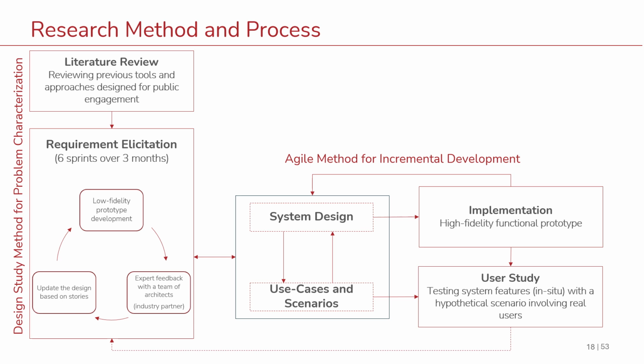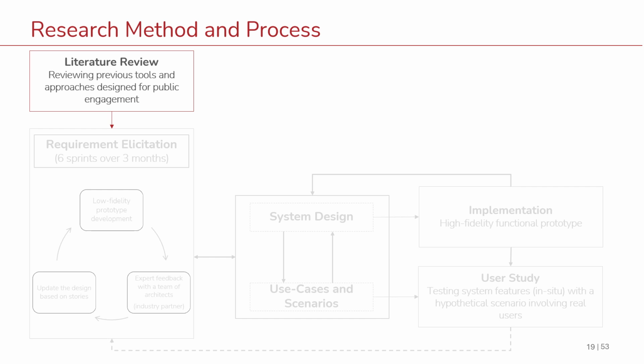This diagram shows my study process. We began with a literature review to closely examine previous tools and approaches. Then, through an iterative scrum process over 3 months, we extracted the system design and use case scenarios before running the user study, and I will take a closer look at each step in the next slides. During the literature review, we examined previous tools as I mentioned in the background, and identified a higher-level list of constraints to be considered in the app, and we also chose AR as a means to our end.